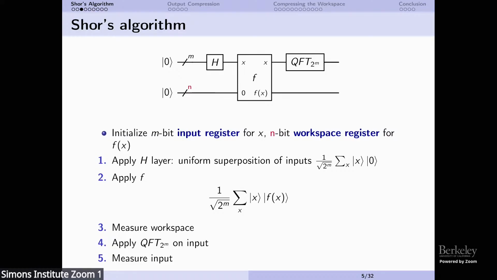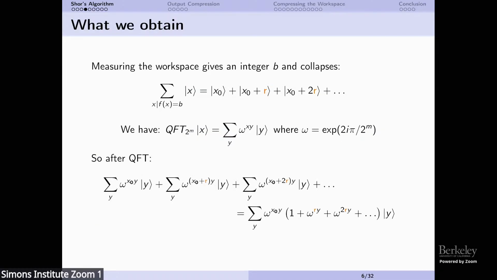What it gets you is you do a Fourier sampling of the value of f, and then you measure everything. When you measure, you apply a QFT, you measure the input register. What is important in the end is the value you get in the input register. And the reason for this is that you will use the periodicity of the function f to create some interference, which will give you a value that is interesting here. To get into slightly more detail, but not too much detail, when you measure the workspace part, which is the value of f of x, you will get, up to some normalization factor, a superposition of values, which is something and then the shift, and then double the shift, and so on.